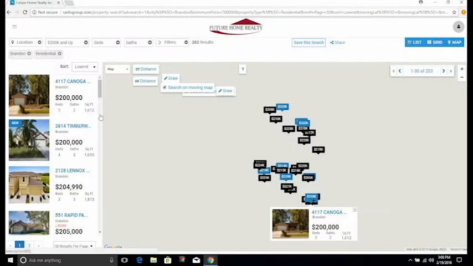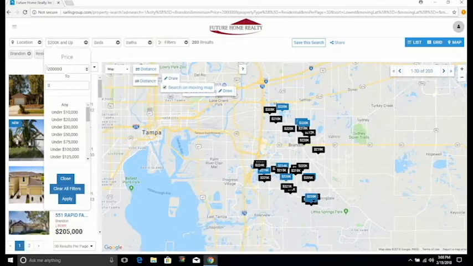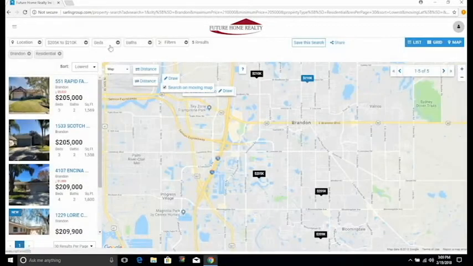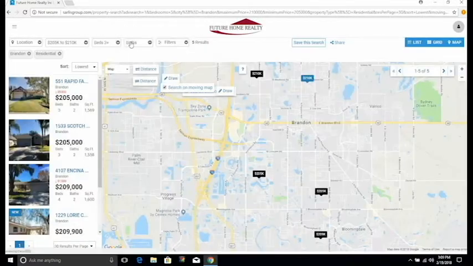And you're going to see that the houses on the left, the active homes, are actually changed. And I'm going to change my pricing. Now, the reason I'm changing my pricing is because I know how much I qualify for. So I'm only going to put in the range in which I've qualified for. Click apply, and I'm going to change beds because I want a 3+ bedroom and I want a 2+ bath